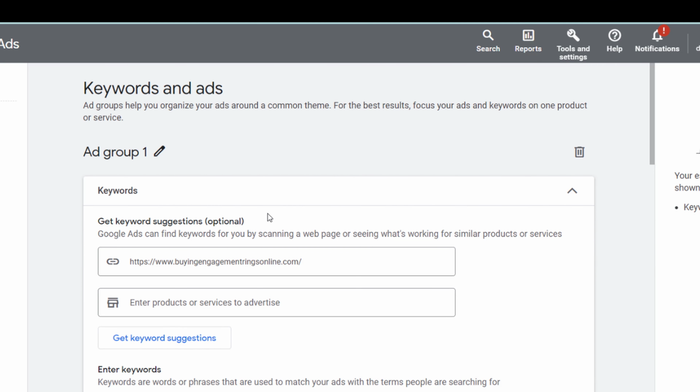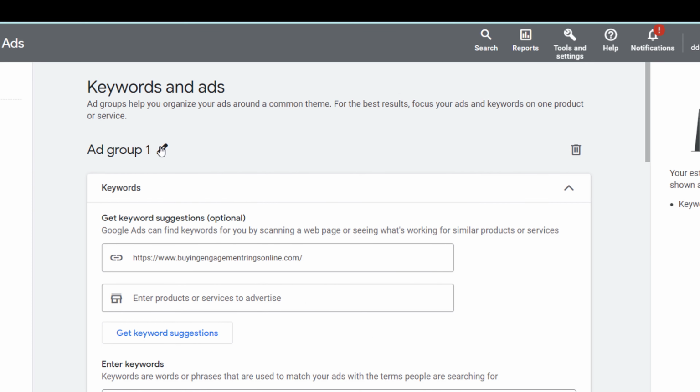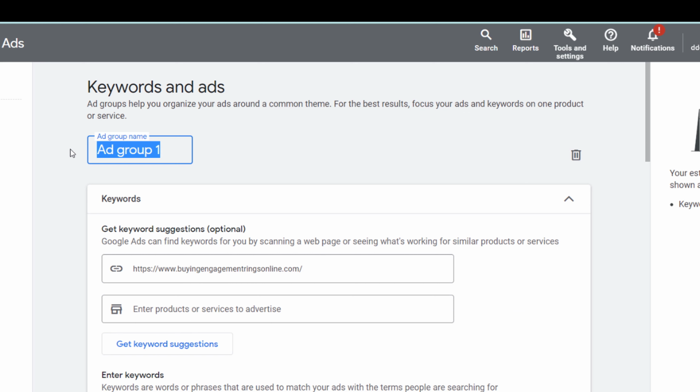For example, in this case, we will name our ad group Engagement Rings Online. This will allow us to easily keep track of our keywords and ads and ensure that they are all relevant to the theme of engagement rings online.